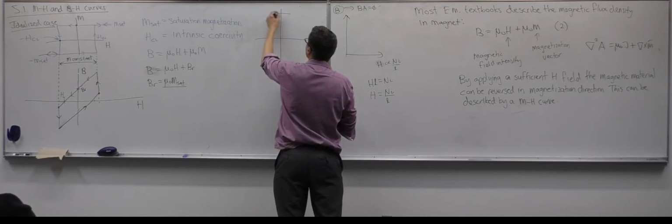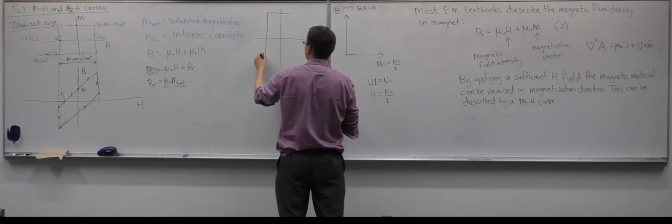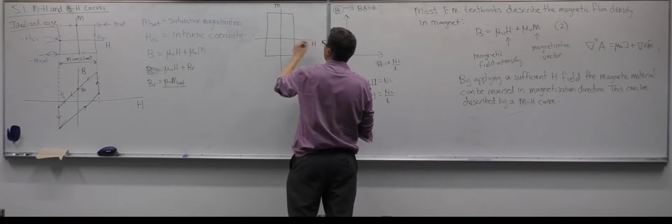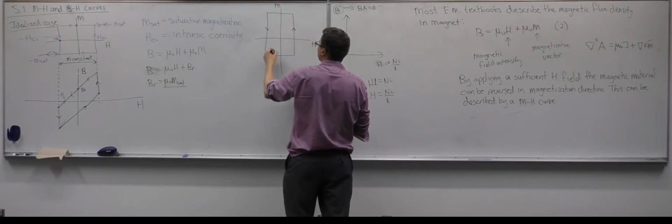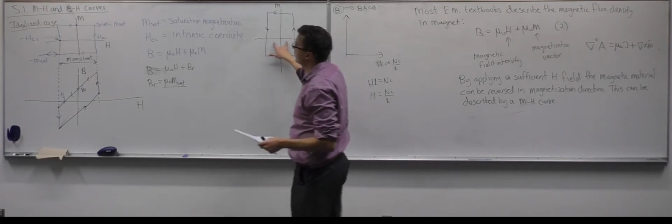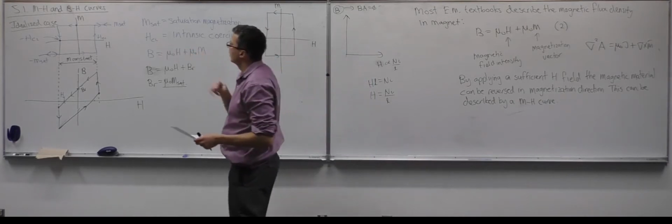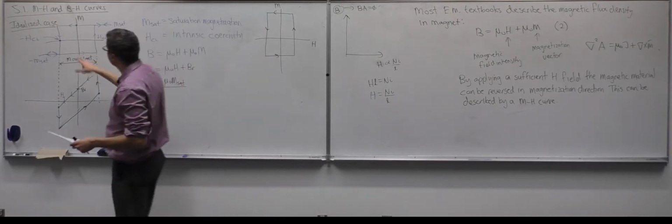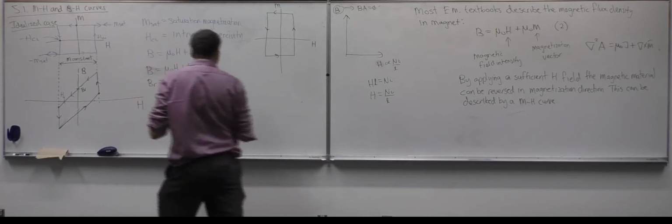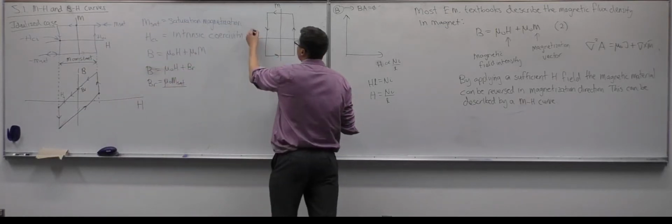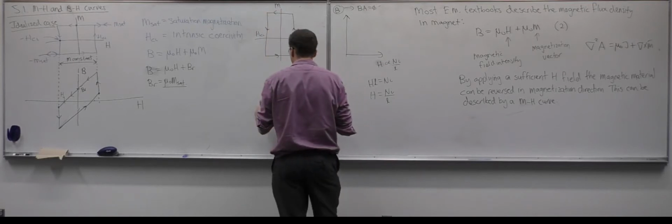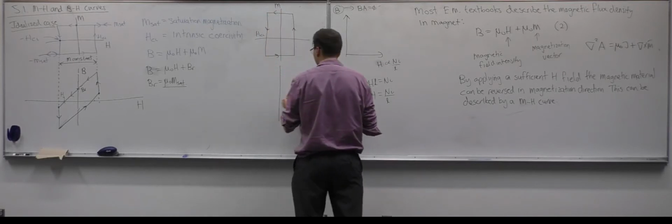So if we have an idealized curve, and we had an MH curve that looks something like this, now this is a lot more narrow. The HCI is not greater than the M. This is HCI. This is the M. So then we're going to have a BH curve